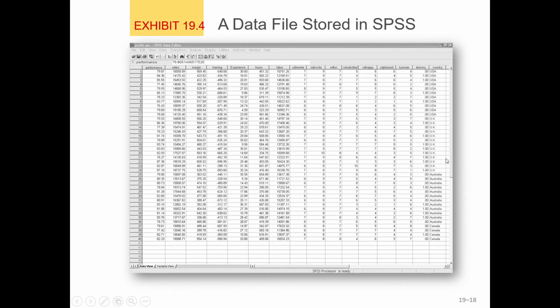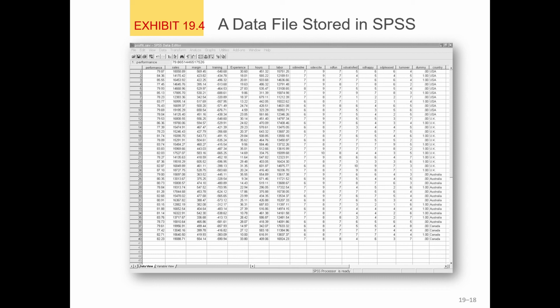Here, how a data file is stored in SPSS. Data are generally stored in a matrix that resembles a common spreadsheet file. A data file stores the data from a research project, and it's typically represented in a rectangular arrangement, a matrix of data in rows and columns. Usually each row represents a respondent's scores on each variable, and each column represents a variable for which there is a value for every respondent.